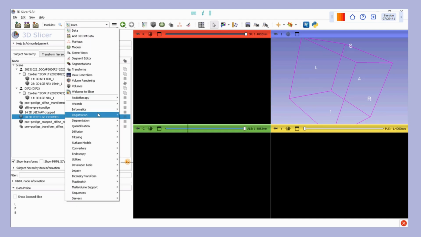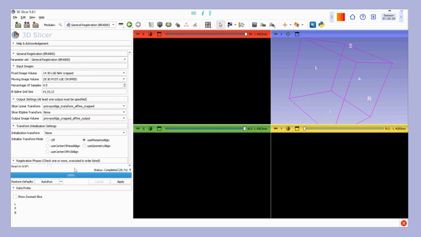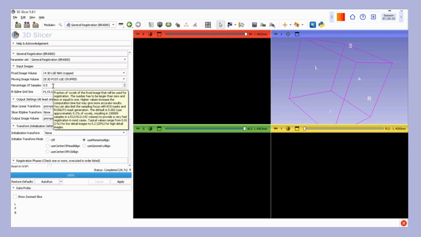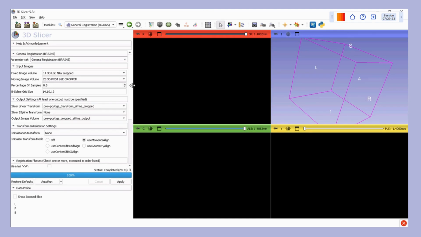So we'll navigate to that. And as you can see, all the things that we kept are the same. I just changed the percent of samples to 0.5. So now it's using 50% of the voxels in the fixed image for registration. And I also renamed the output image volume to post-LGE plus pre-LGE cropped affine. So now we're doing cropped, and a linear transform has also been saved,